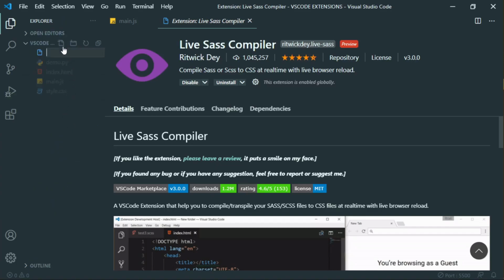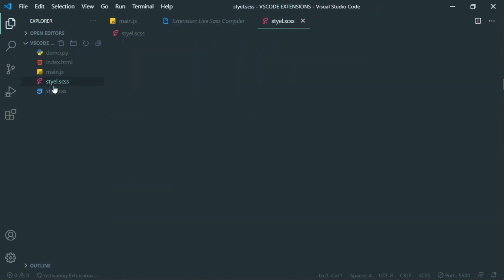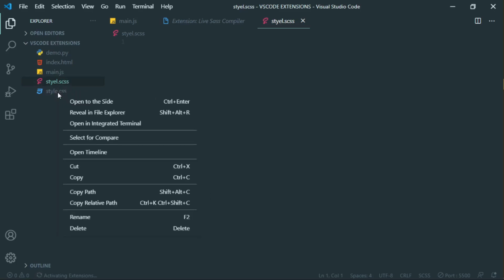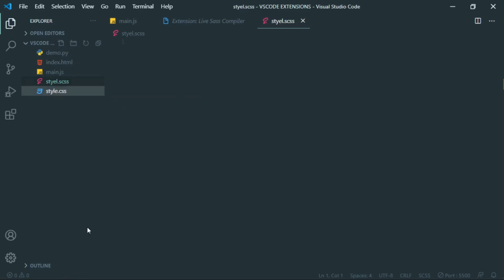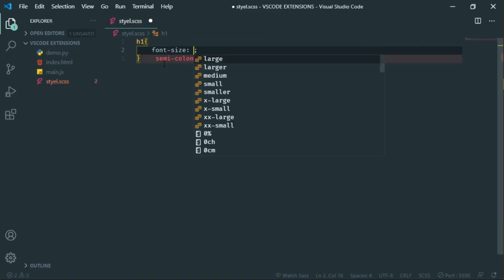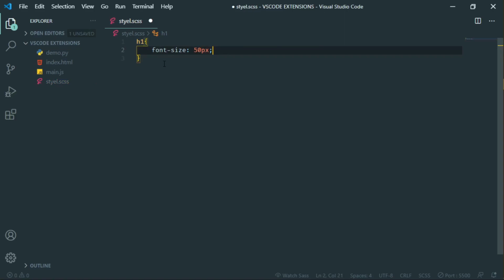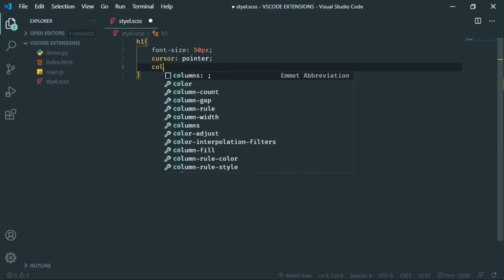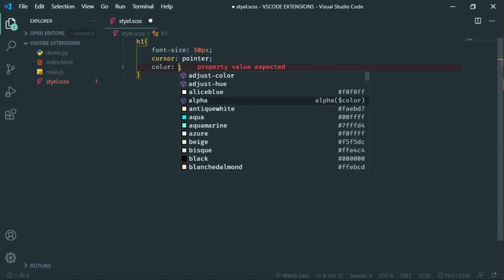I want to create a file like style.scss, which is automatically identified by the Sass compiler. I want to delete the CSS file, and keep my style.scss file. I want to create some styles like h1, with font size 50 pixels, cursor pointer, color aqua.